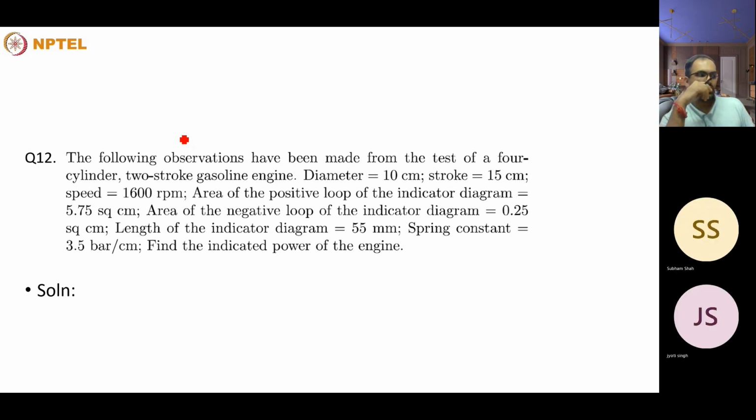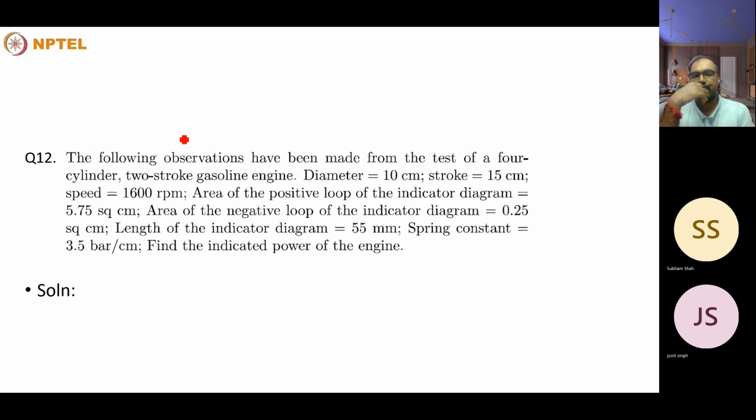Okay, let me go to this question. The following observations have been made from the test of a four-cylinder two-stroke gasoline engine. So keep in mind it's a four-cylinder engine and a two-stroke engine, not a four-stroke engine. It has got a diameter of 10 centimeter, stroke of 15 centimeter, and a speed of 1600 rpm. Area of the positive loop of the indicated diagram is 5.75 square centimeter. Indicated diagram between pressure and volume,